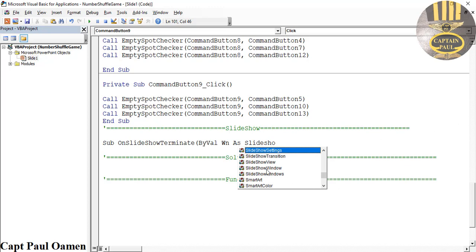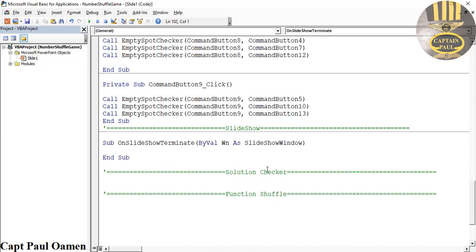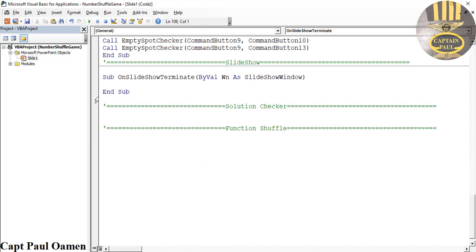There we go, this very one. There. Press enter. You see my slideshow window. All I'm going to do in there is call the shuffle. So that is done first. Now the shuffle is going to be here. Now call the shuffle in here. Let's put the shuffle in here. So for the shuffle,